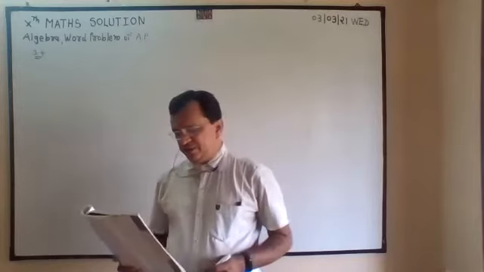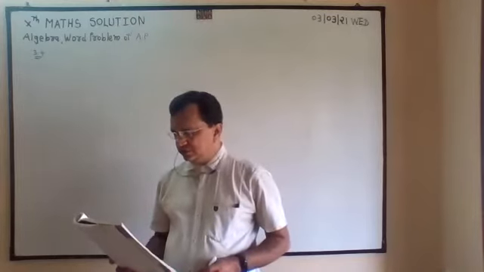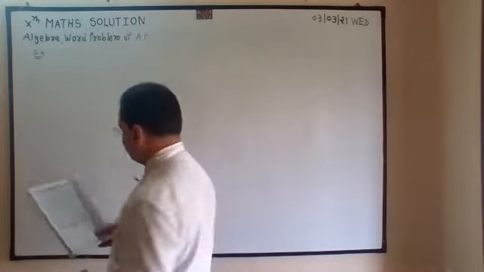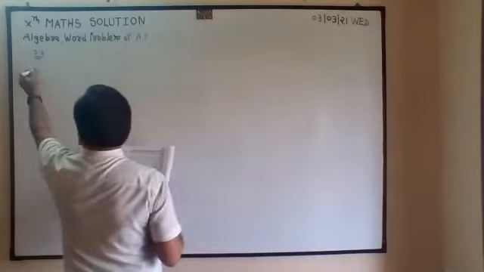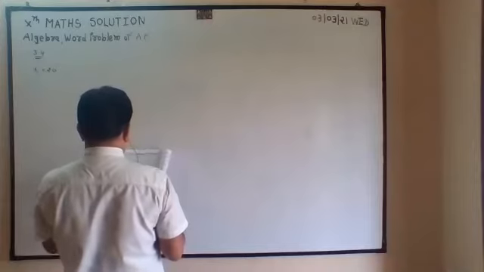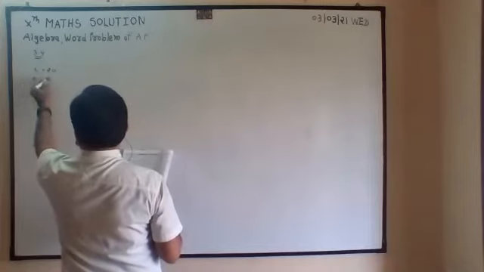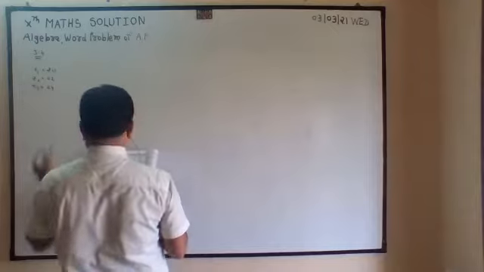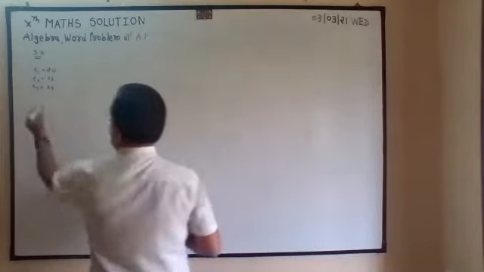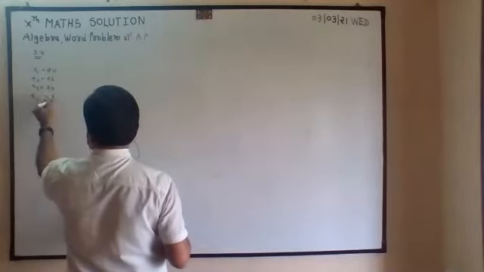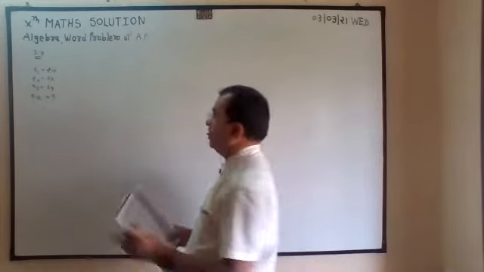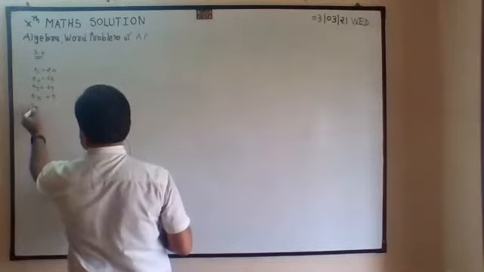There is an auditorium with 27 rows of seats. There are 20 seats in the first row, 22 in the second row, 24 in the third row. Find the number of seats in the 15th row. Also find how many total seats are there. There are 27 rows, so S27 we want.